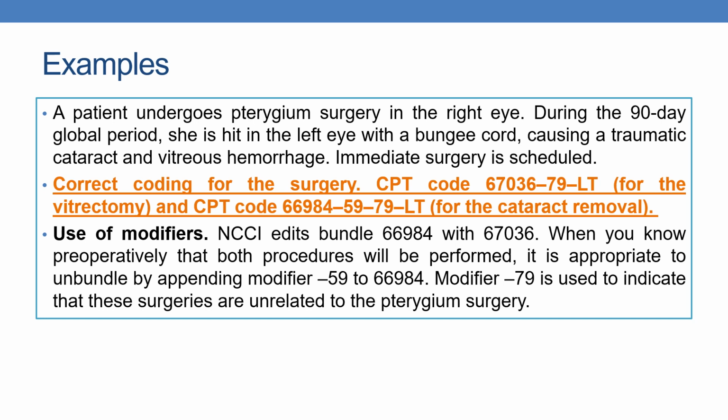67036 is performed for vitrectomy because there is a vitreous hemorrhage and traumatic cataract. Additionally, 66984 along with 59, 79 and LT modifier for the cataract removal. So why are we using the modifiers? NCCI edits bundle 66984, which is cataract removal, with 67036. These two codes are NCCI edits, and NCCI edits bundle 66984 cataract removal in